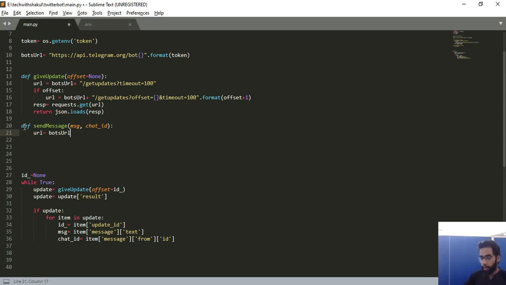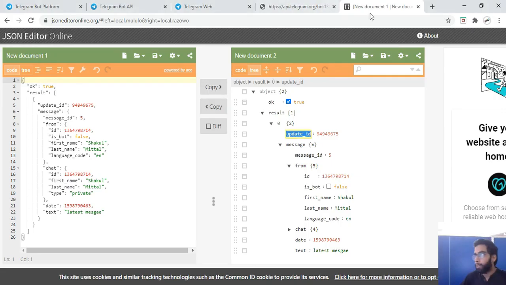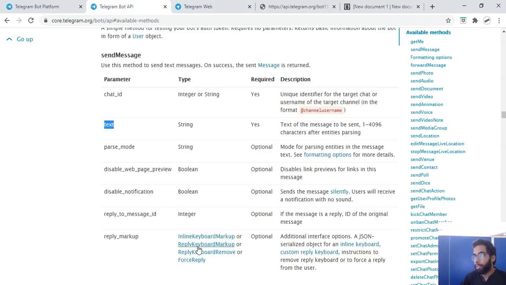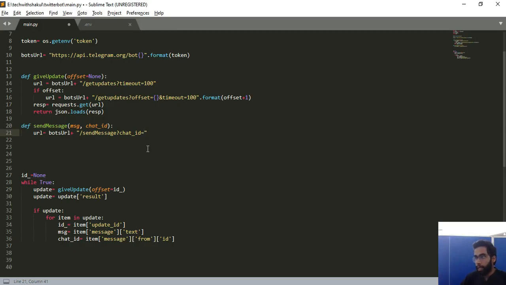So bot URL, now the send message will be the function. Okay, what all parameters we need to send is chat ID is equal to this. Let me check if this is the parameter only. Yeah, chat ID. So chat ID is equal to the chat ID, and I also need to send the text equal to something.